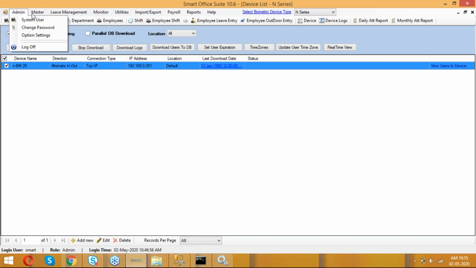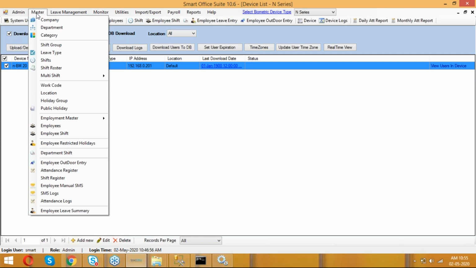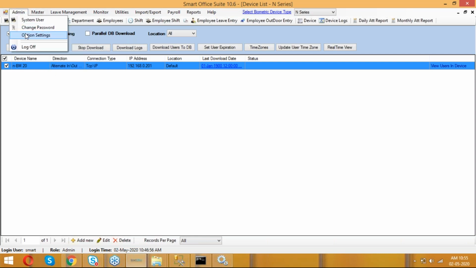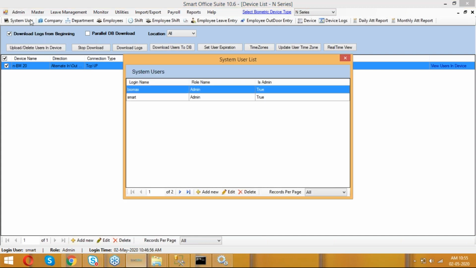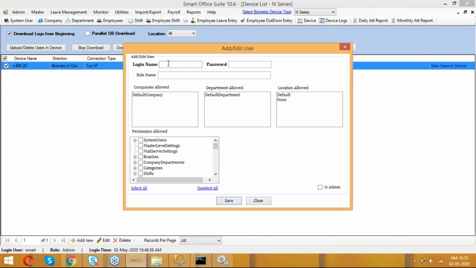Basic settings: first you go to option setting. Here in the system user, you can create multiple users. If you're the admin and you want to give access to any other persons, then you can create a system user here.